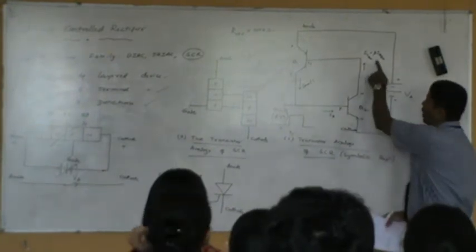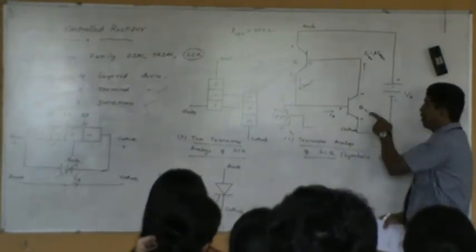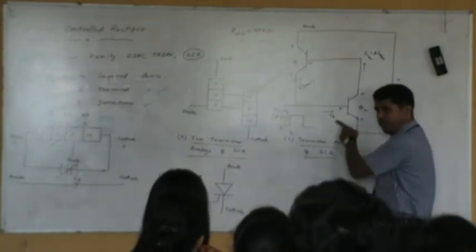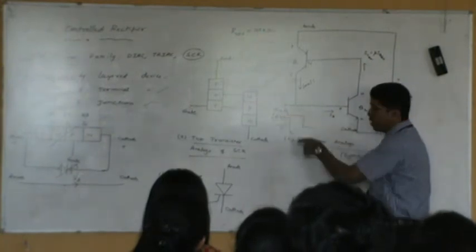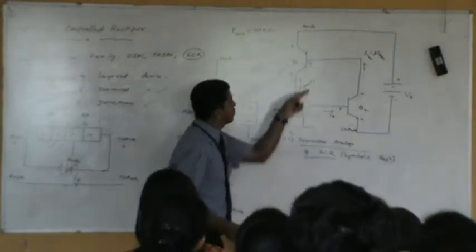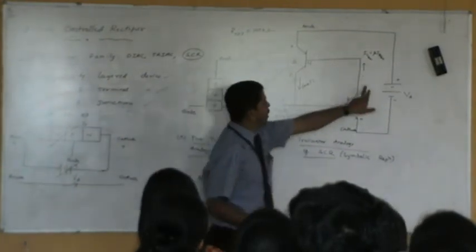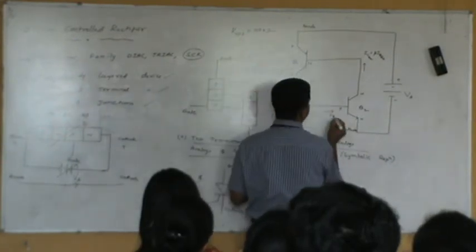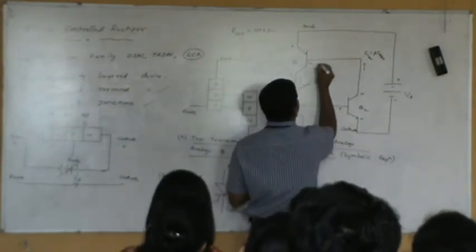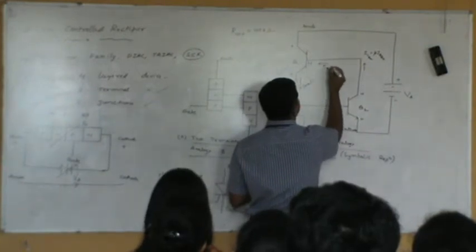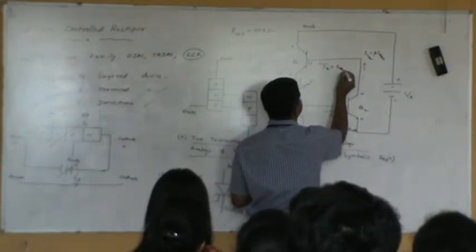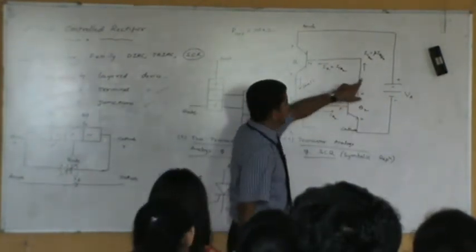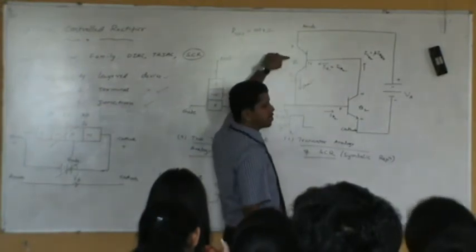And this much amount of current will start flowing in the collector terminal of the Q2 transistor because the base current has been increased. This base current has been increased due to the application of gate voltage. Now see what will happen in the Q1 transistor, because the collector current of Q2 will be the base current for this. So whatever the current here, let me interpret this as IB2. Here, let me interpret this as IB1, which will be equal to IC of Q2. This current flowing here is the same as the base current of this transistor Q1.